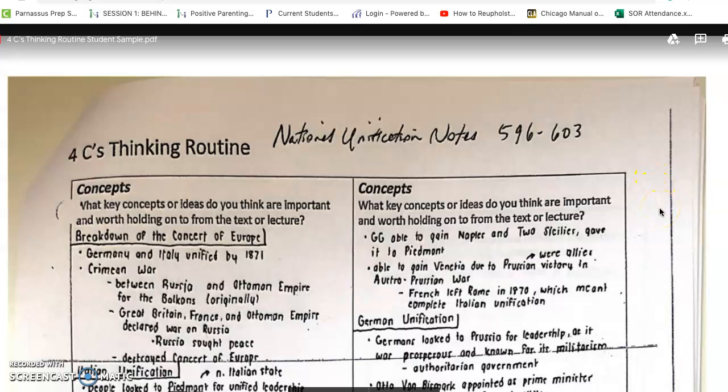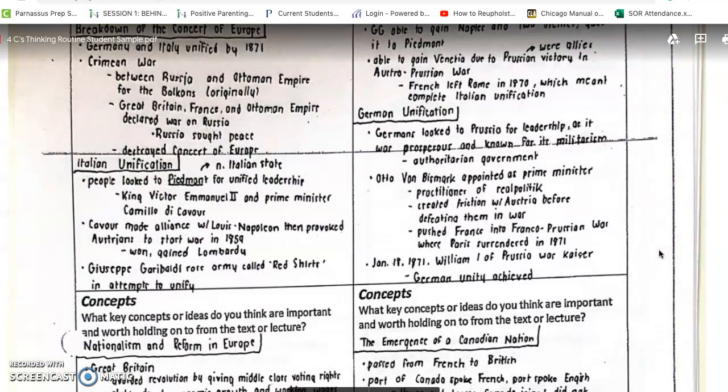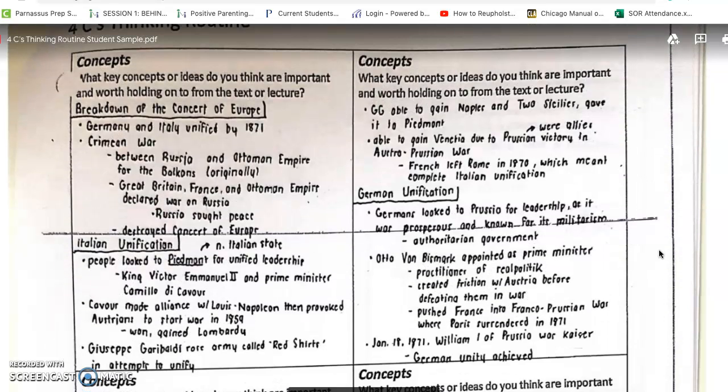Okay, on the handouts that I give you for notes, and this is updated in Teams to where you could print these blank sheets out. The front page of our note sheets say there are 4 boxes that all say concepts. It says, what key concepts or ideas do you think are important and worth holding on to from the text or lecture? So in this example, I think the scholar broke down